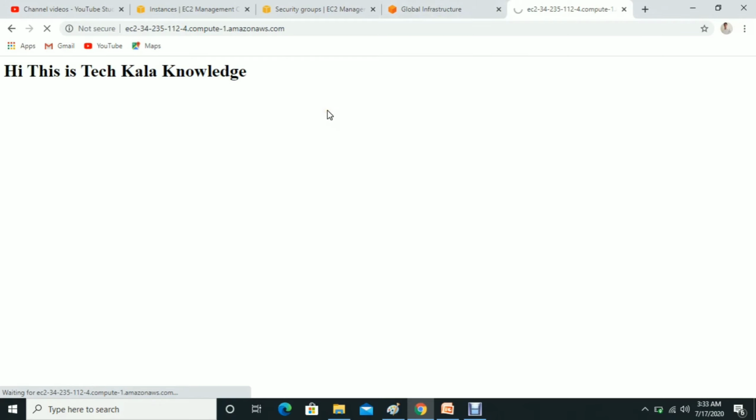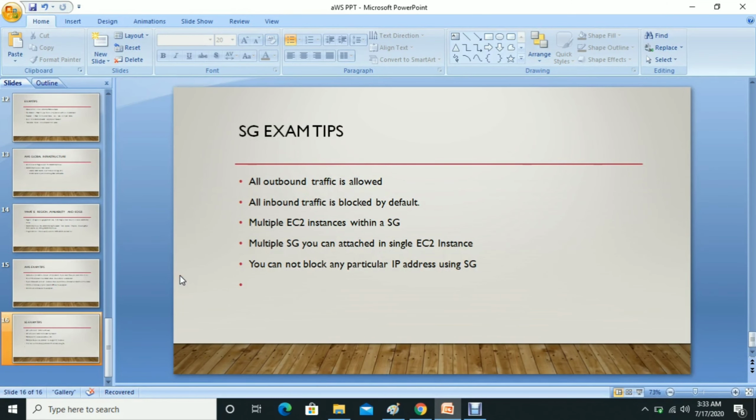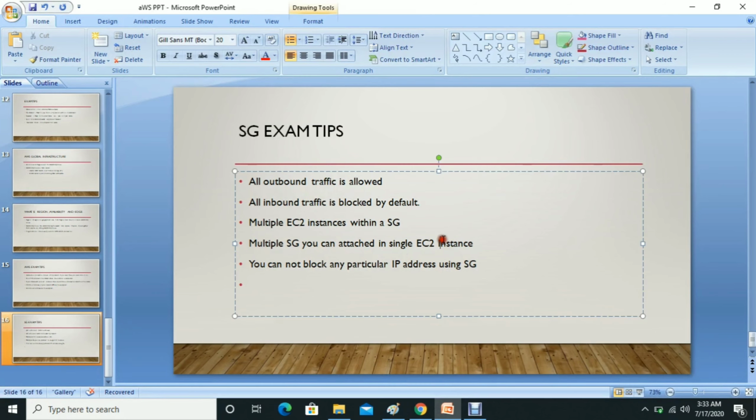Okay, so let me go to the exam session and give some exam tips. For security groups, all outbound traffic is allowed and all inbound traffic is blocked by default. You have to remember this.